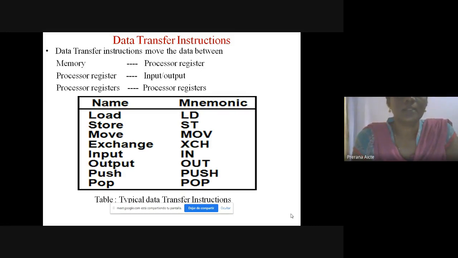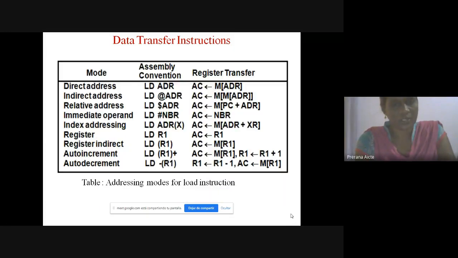The input instruction transfers data from an input device, that is the keyboard, to memory, and the output instruction transfers data from memory to an output device. The push instruction transfers data from register to the top of the stack, and the pop instruction transfers data from the stack to a register. These are the data transfer instructions.